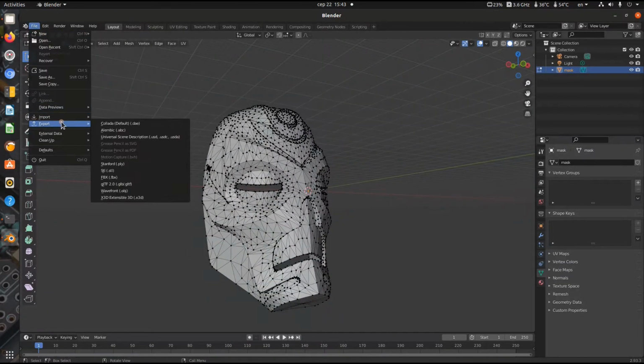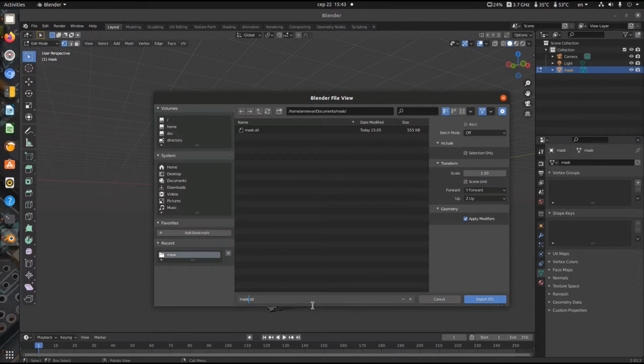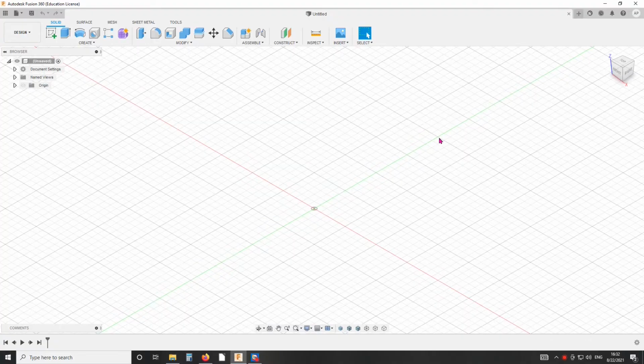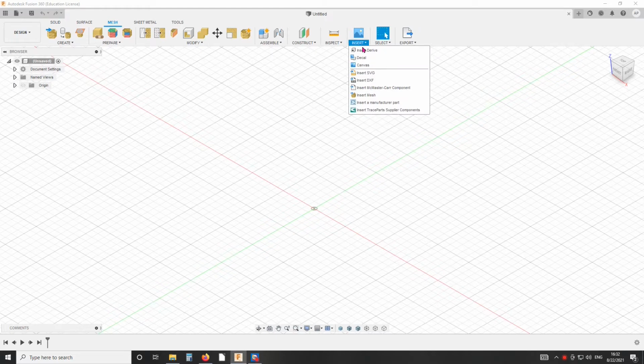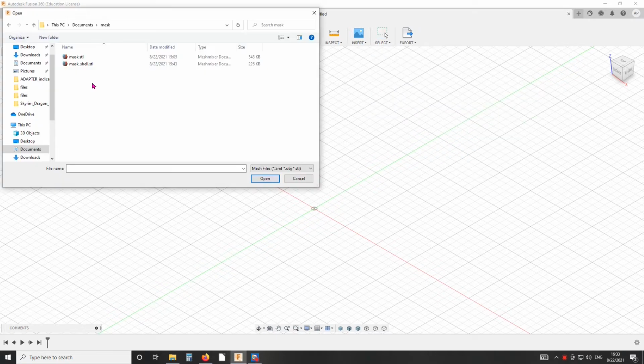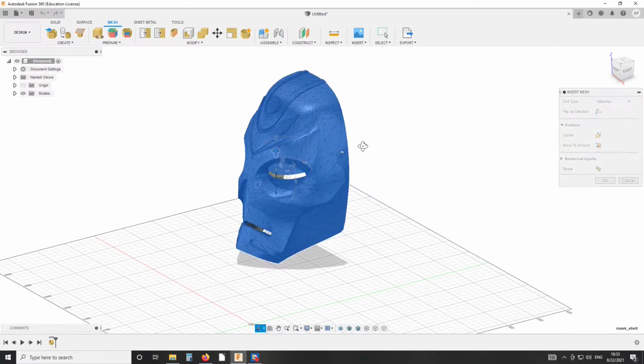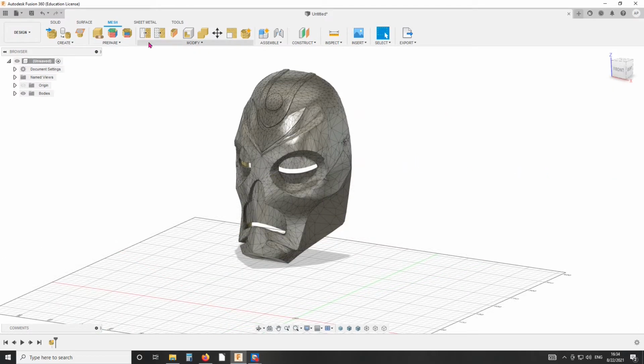Now export it to an STL file. Alright, let's hop to Fusion, switch to Mesh Workspace and click Insert, Insert Mesh. Now I'm clicking Prepare and then Repair.